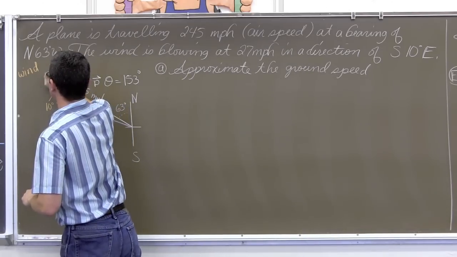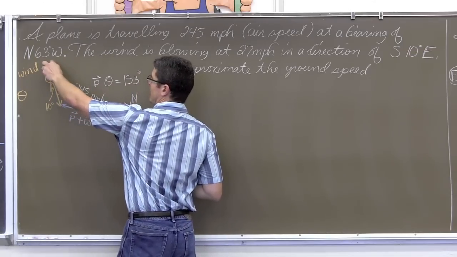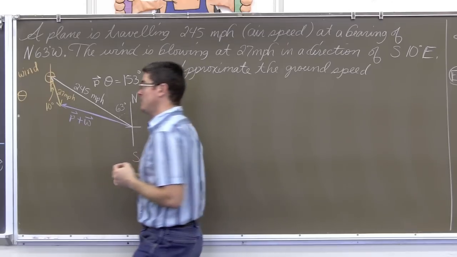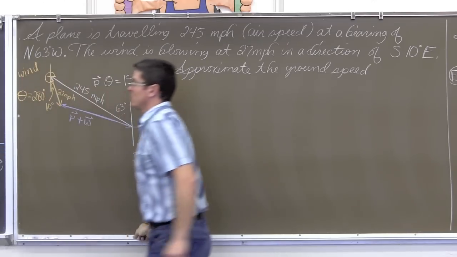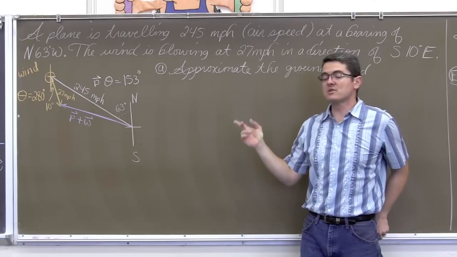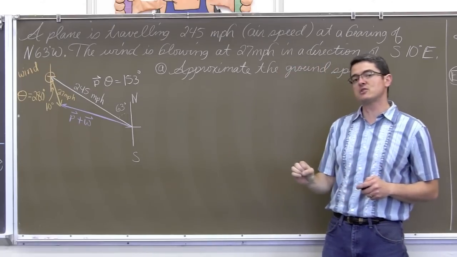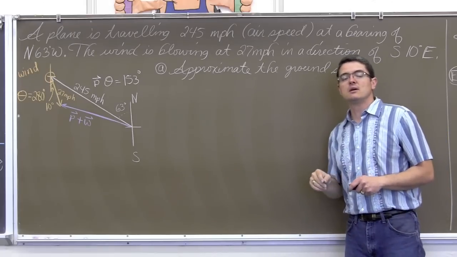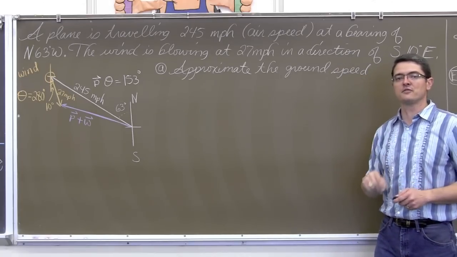That wind angle has to rotate all the way around, and from 0 you go to 90, 180, 270, an additional 10 degrees. So the direction for the wind is 280 degrees. So we have our diagram set up. We need to change our vectors from magnitude and direction into the horizontal and vertical components. Let's see if you can do that. One for the plane and of course one for the wind.